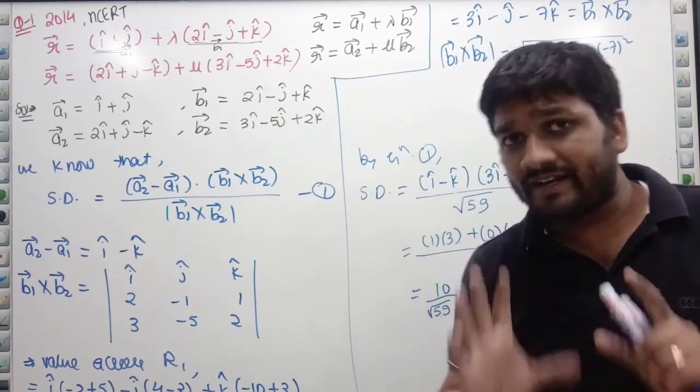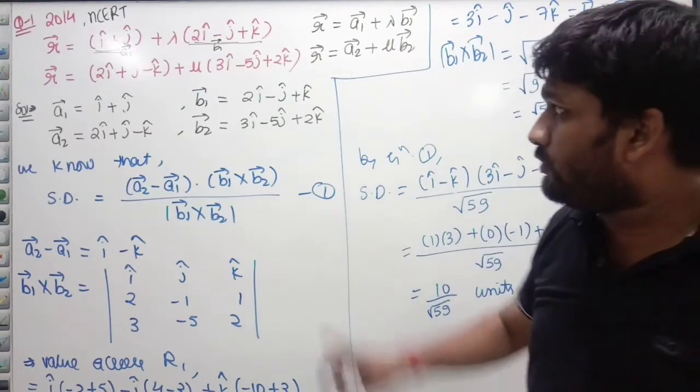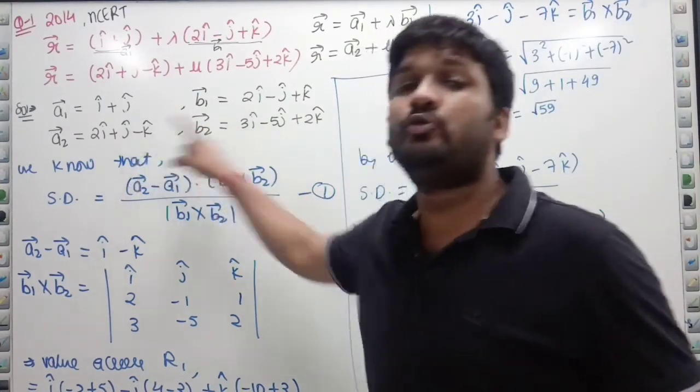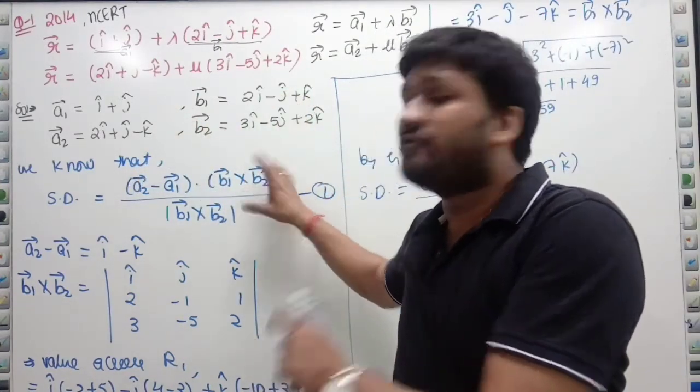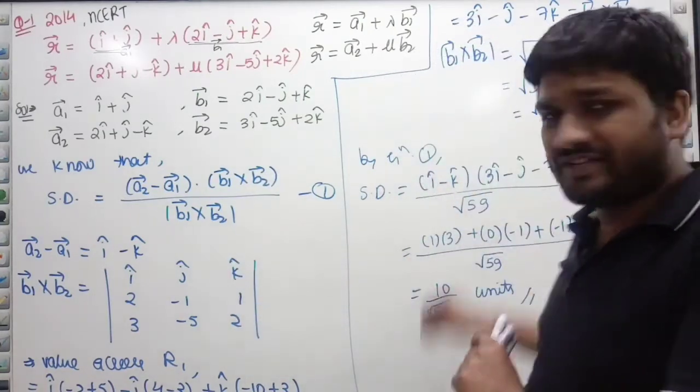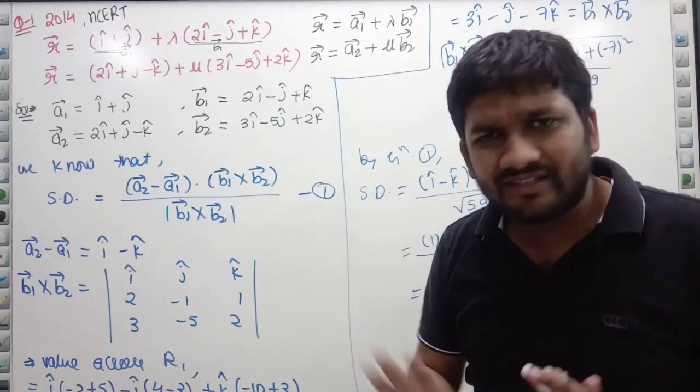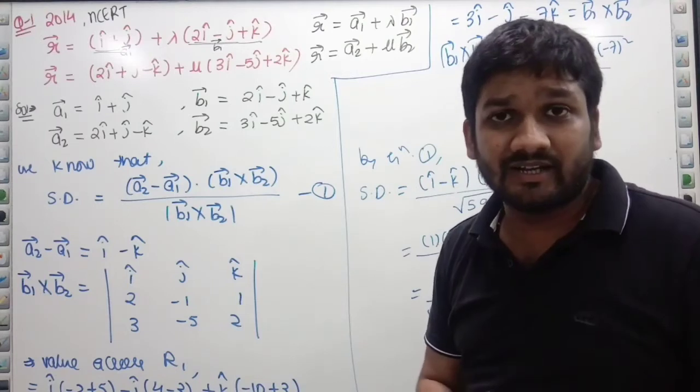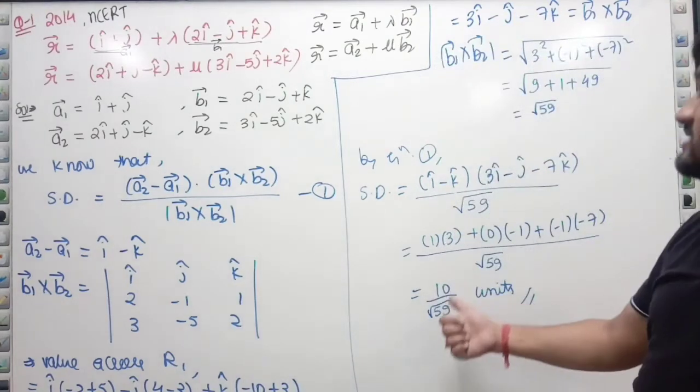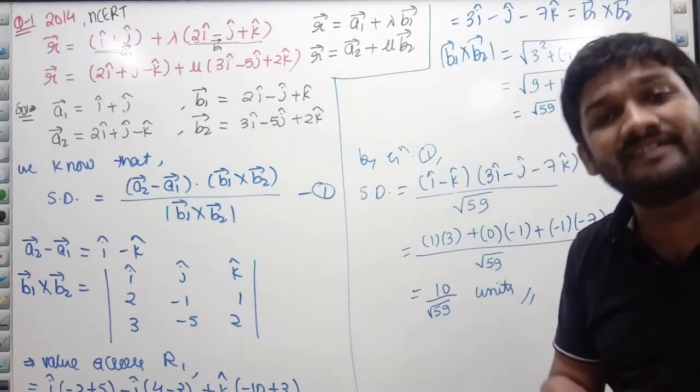Next question I will be writing. One thing should be clear to all of you: if you are able to find a1, b1, a2, b2, you just need to put in the formula and do some easy calculations. बहुत दिमाग लगाने की जरूरत नहीं, सिर्फ फॉर्मूले में पुट करने पे आंसर निकल जाता है. इसी क्वेश्चन में अगर हमारा शॉर्टेस्ट डिस्टेंस 0 आ जाता तो हम बोलते थे लाइन इंटरसेक्टिंग होगा.